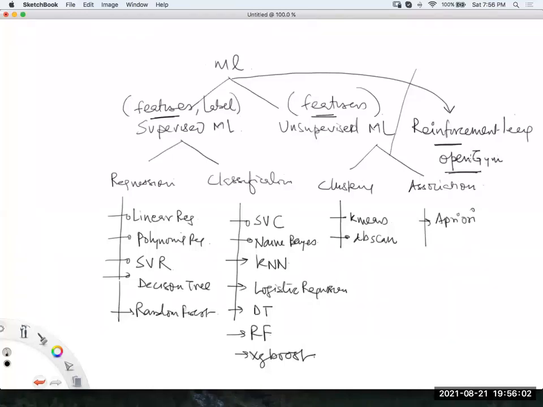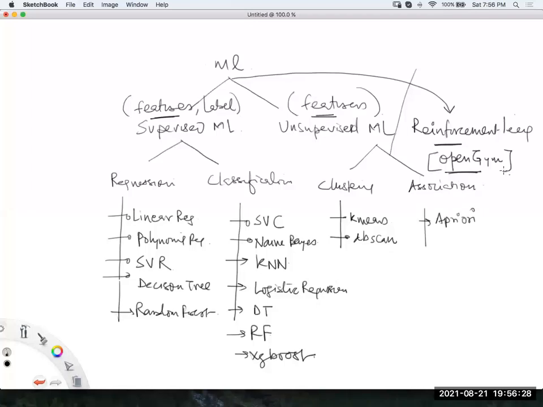You can Google it and you will come to know OpenGym is the platform to learn reinforcement learning and all that. Guys, OpenGym is not an algorithm, it's a framework or a platform, so take note of this, right?